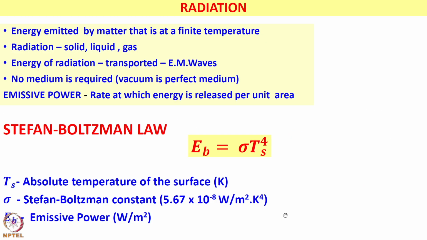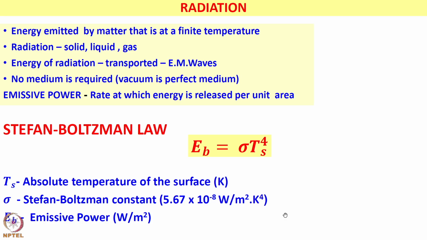Last but not the least, what is radiation? Radiation is emitted by matter which is at a finite temperature. Any body above absolute zero emits radiation. So it is transported in the form of electromagnetic waves. No medium is required. And we know again from high school, emissive power, the amount of energy emitted per unit